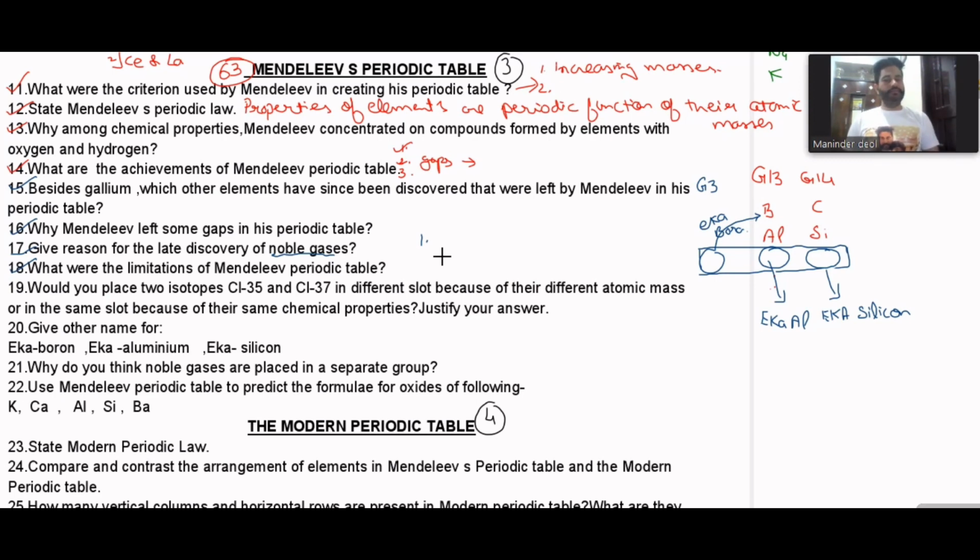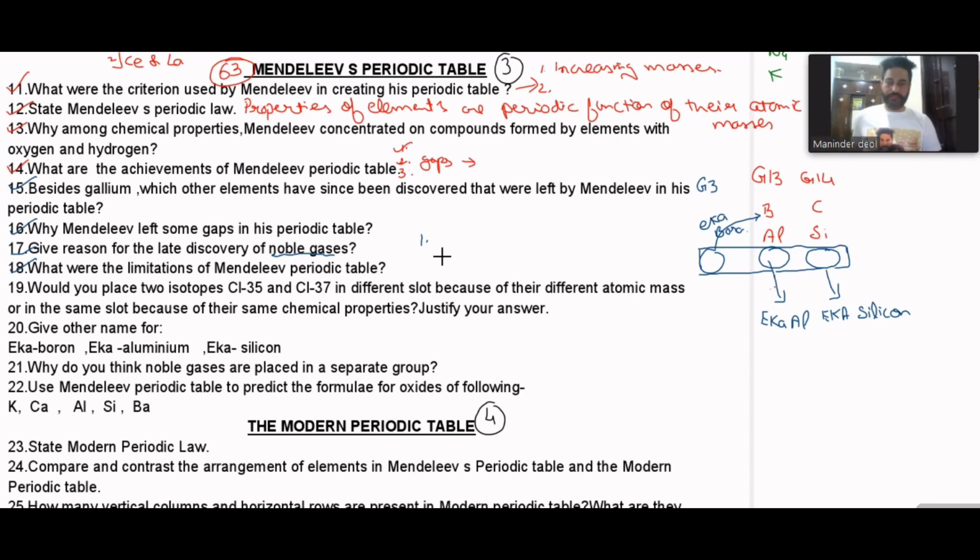And as hydrogen is a non-metal, it exists like other diatomic gases such as O2, N2, in the same way H2. So the position of hydrogen was not fixed, whether it should be placed with the alkali metals or with